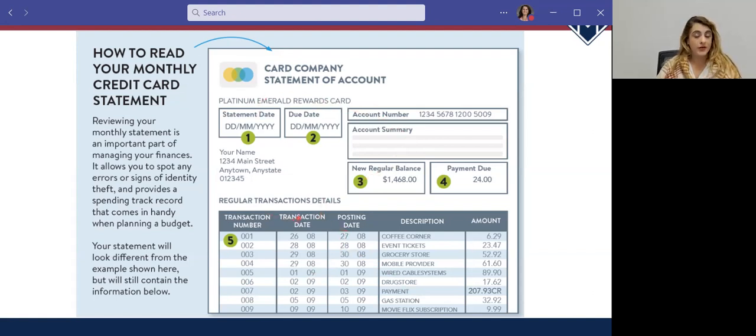Your credit card statement will have more information on it down here. You want to look at the interest rate. Is the interest rate the same? If it's a fixed rate, make sure you're checking it's the same. If it's variable, see if it's going up. Notice how much did I pay in interest